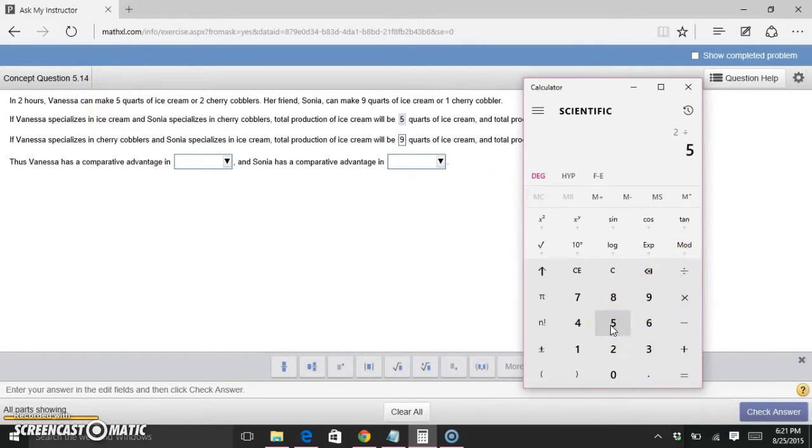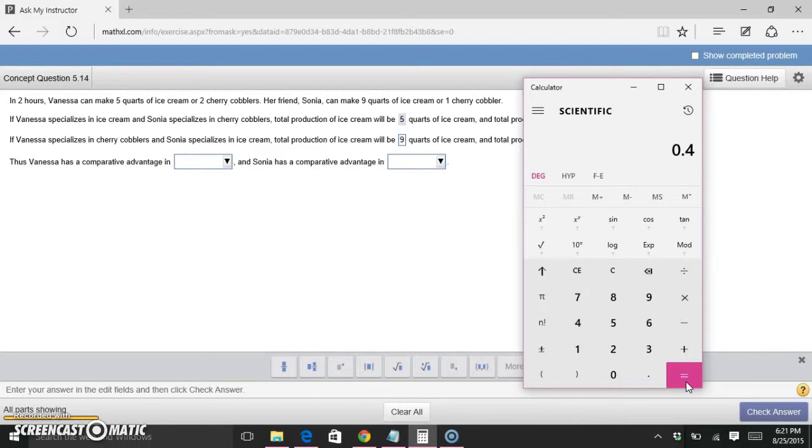Because I'm looking for the cost of making ice cream, I'll put ice cream on the bottom of the fraction, okay? So it costs Vanessa 0.4 cherry cobblers for every quart of ice cream. Does that make sense? So 0.4 cherry cobblers per ice cream is what she has to give up to make